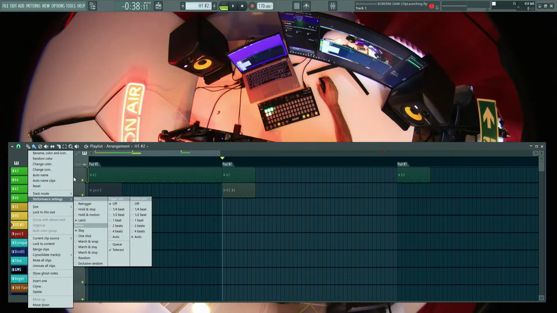So also the interesting thing is we can right click on a track, and then we have these options, which are also pretty interesting, but sometimes a little bit confusing, because we have different ways to launch the clips. For example,